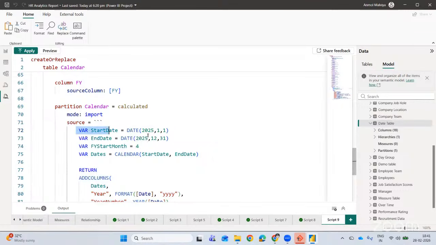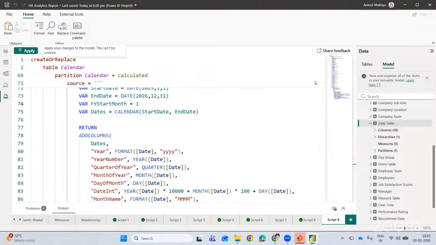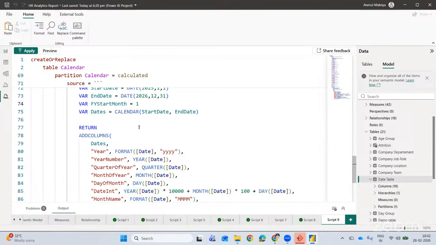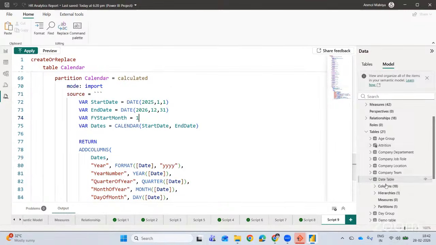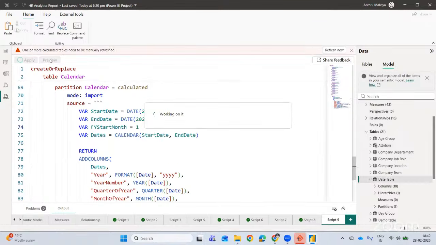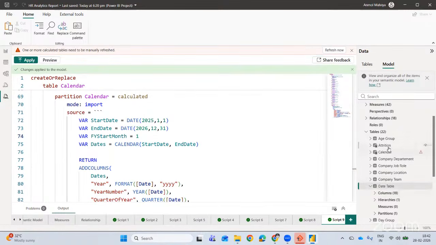Based on your requirement, let's say you want from 1 January 2025 to 31 December 2026, here you can change it. You can also update your fiscal year start month. Right now I'm starting from 4. Let's say you want to start from January, you can change it and just click on the apply button. Right now the name of the table will be calendar. I don't have any calendar table here. So just by copy and paste and clicking on this apply button, you will see a calendar table is present